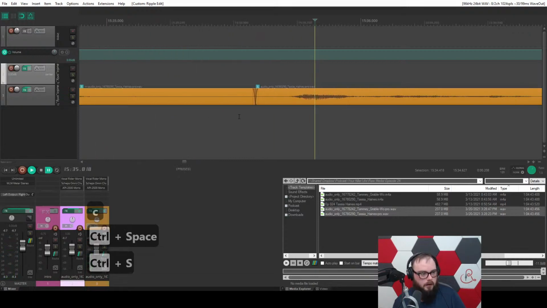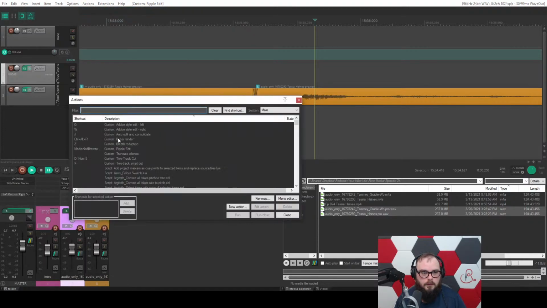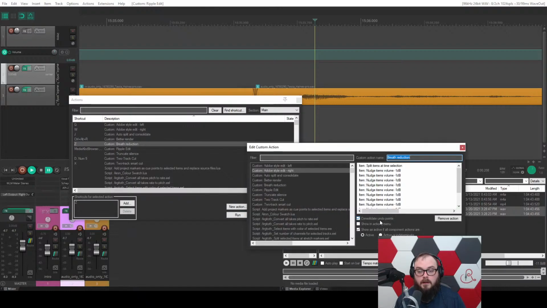Is that consolidate all what? Consolidate all undo points. Consolidate undo points. So right now, without that checked, each one of these individual actions, you have to Control Z or Command Z, whatever it is on Mac. You have to undo each one individually if this is not checked. But whenever you have this checked, then they all get lumped into one, and you only have to hit Control Z. You only have to undo one time to undo all 13 of these actions